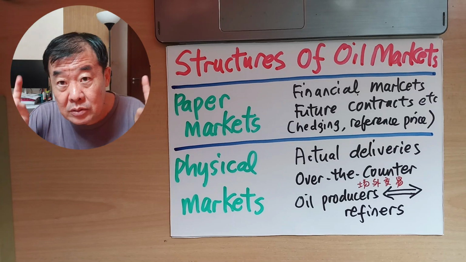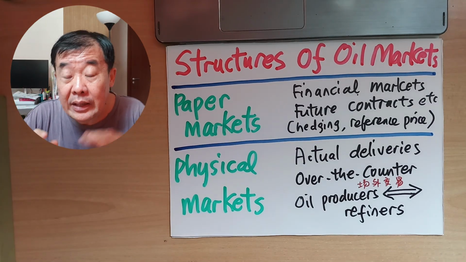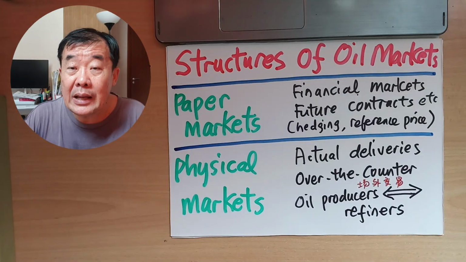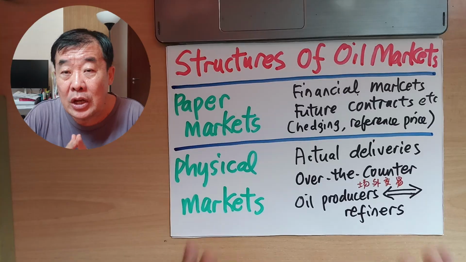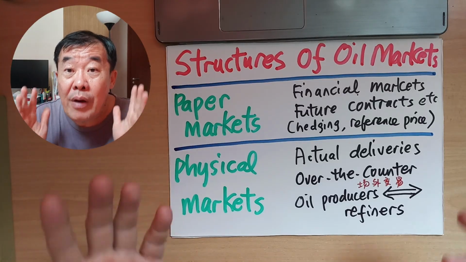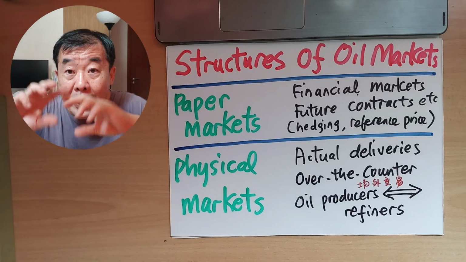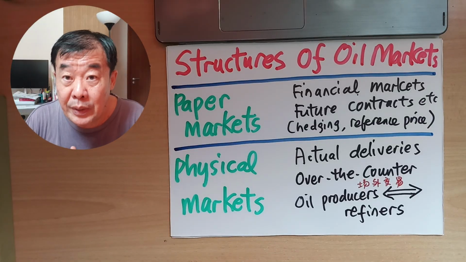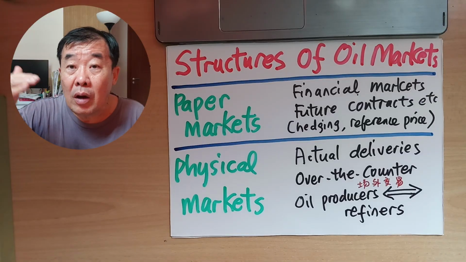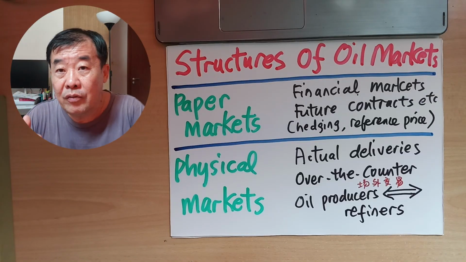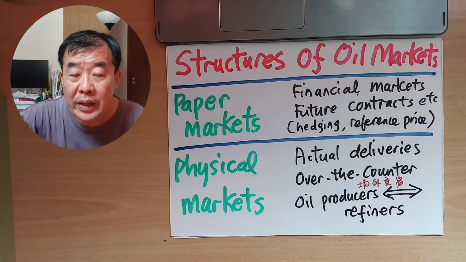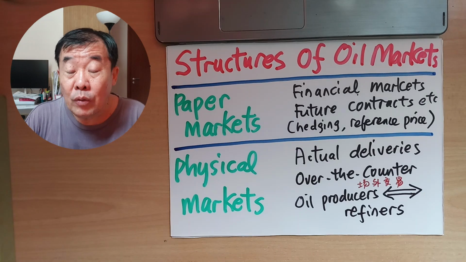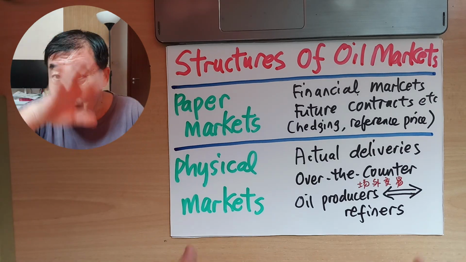So in case the oil producer thinks that the price will weaken, they quickly go ahead and lock in the price through the financial market. But again, the paper market, those traded over exchanges all over the world, are only a reference. They give a reference. The actual transacted price will be different from the reference price because of the quality of the oil. They are different. They are heavy crude oil, they are light crude oil, they are sweet, they are sour. So the actual transacted price, when it comes to the physical market, which is another segment of the oil market,